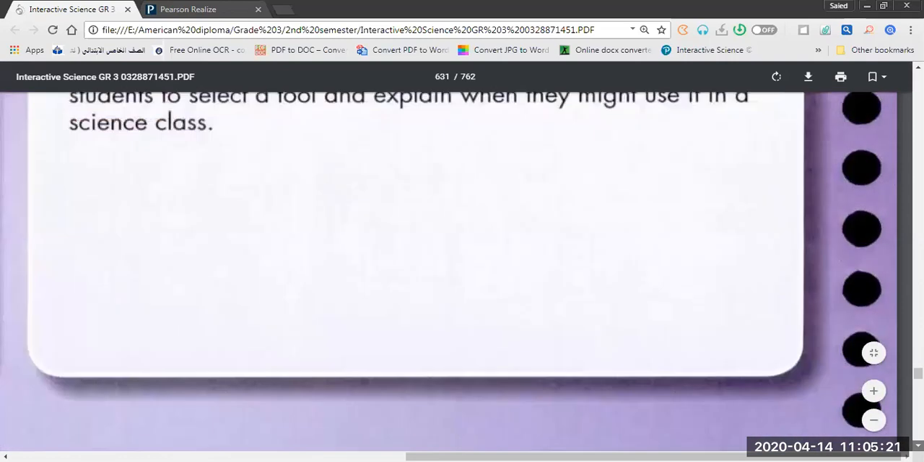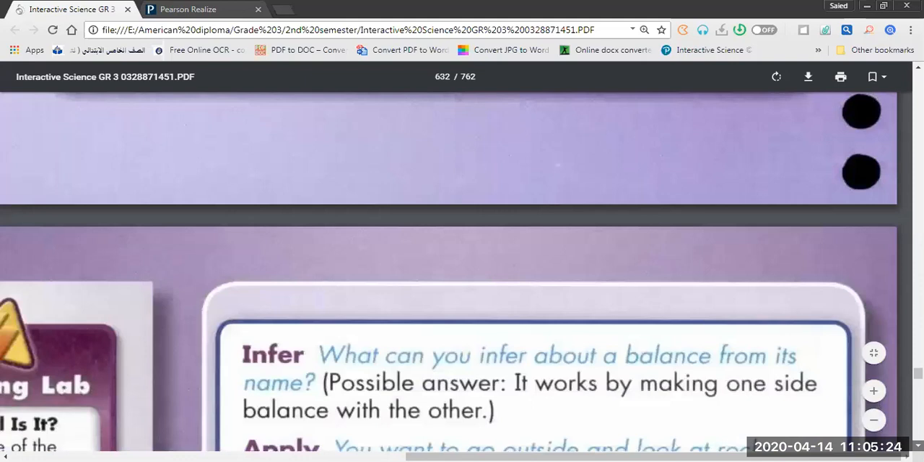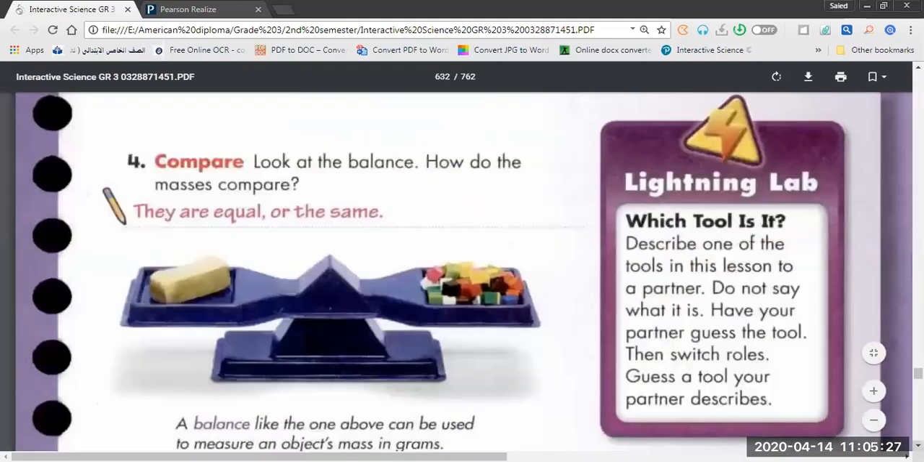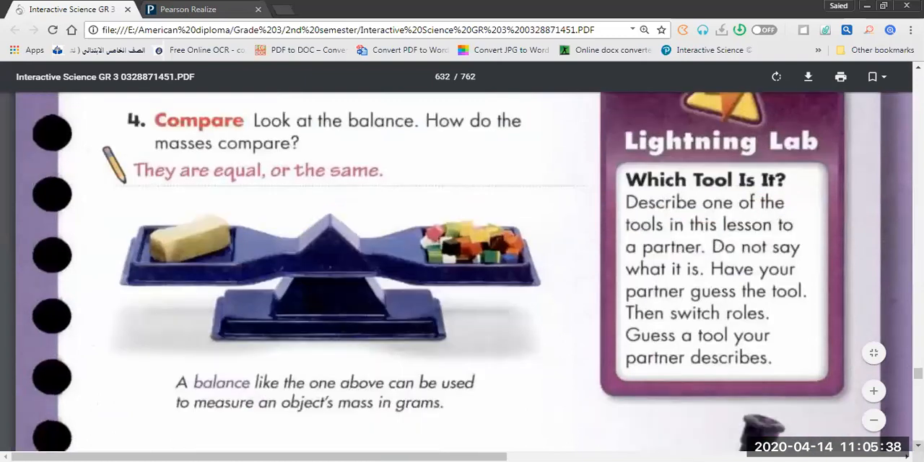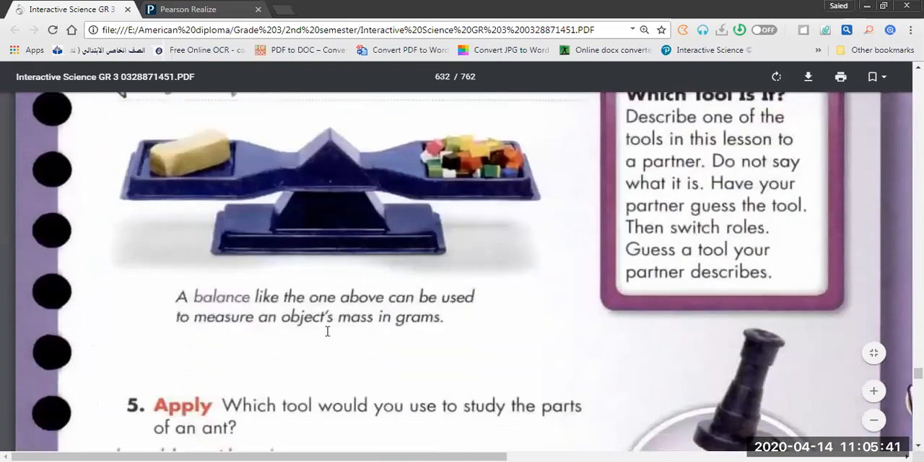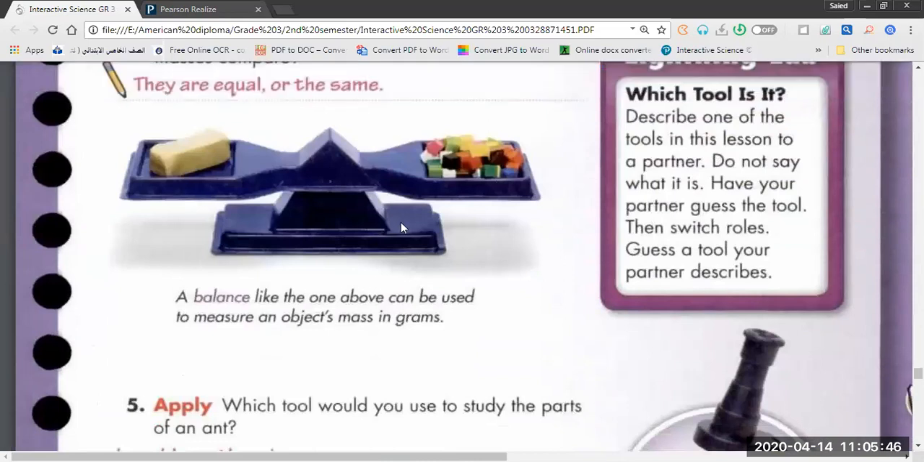page 323, we have more tools, like here number 4, the two pan balance. All of us know the balance is used to measure what? To measure the mass. Okay, so the balance like the one above can be used to measure an object's mass in grams. Why? Because this is called a sensitive balance, and this is usually used to measure very, very light objects like gold or chemicals,